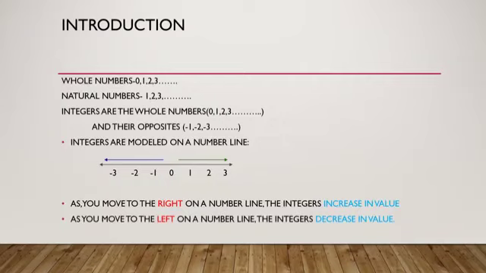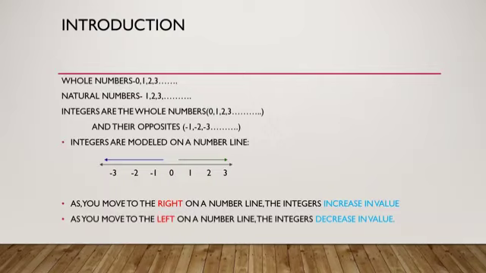So basically integers are the whole numbers, the number series which begins from 0, 1 to 3. But not just the positive numbers, integers also comprise of the opposite numbers or the negative numbers. So the negative numbers are -1, -2, -3, and it continues. That means all the positive and negative numbers comprise integers, including 0. We know 0 is neither a positive number nor a negative number. So the set of all positive and negative numbers are called integers.